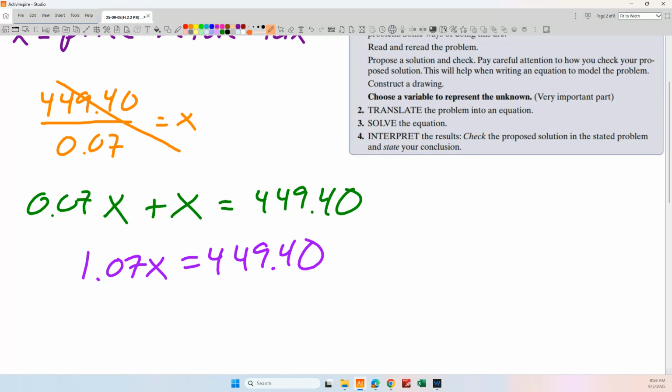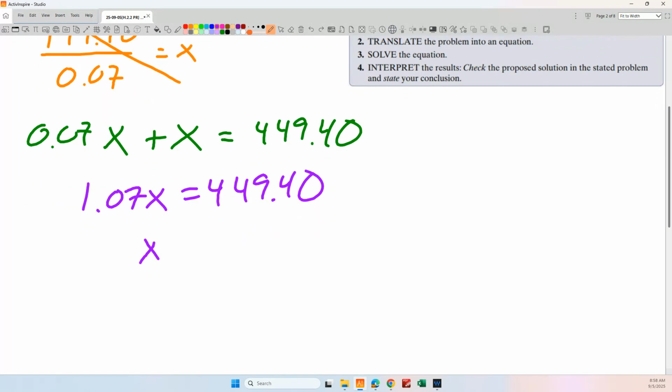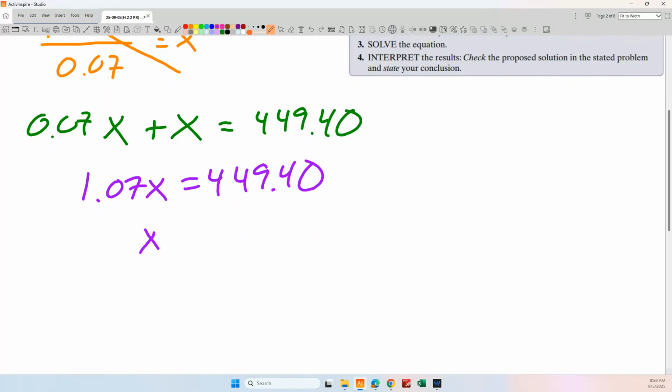And then all I have to do now is just divide each side by x. And what do we get here? Well, I don't know what that's going to be. Somebody crank that out on your calculator or just open up Desmos Scientific and let me know what we get. Or actually, yeah, here, I can just do it. Unless you beat me to it. 420. Okay. So there we go, right?